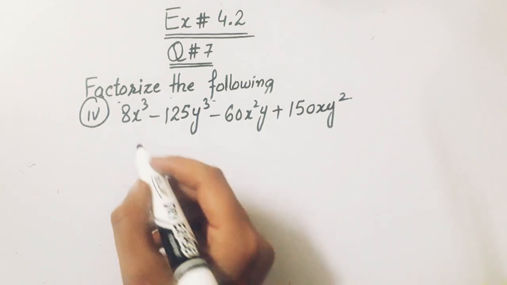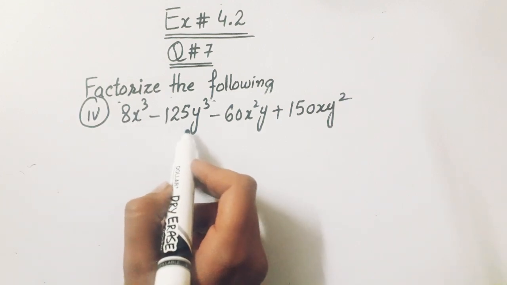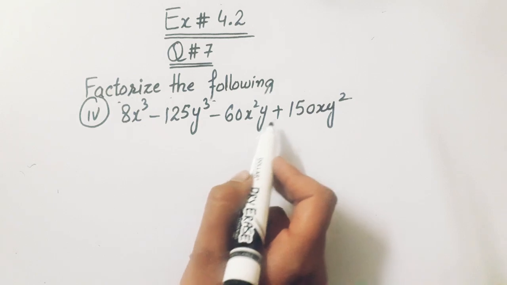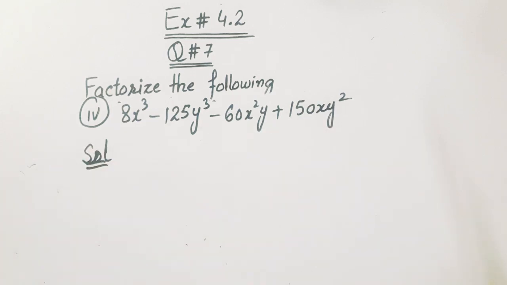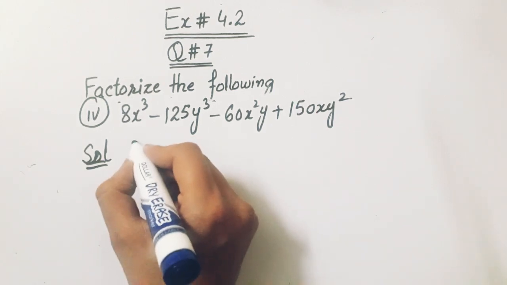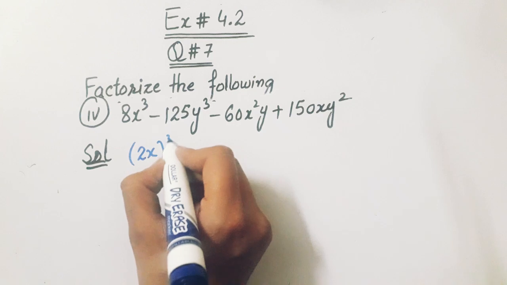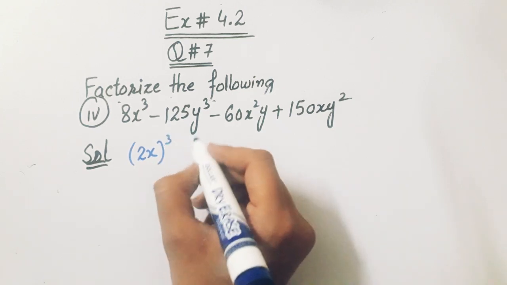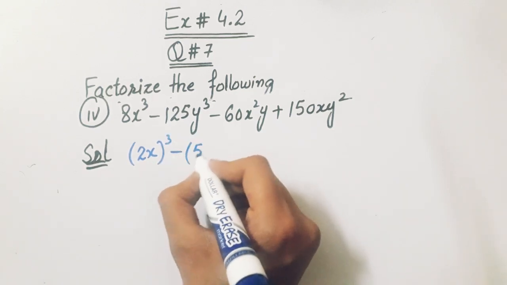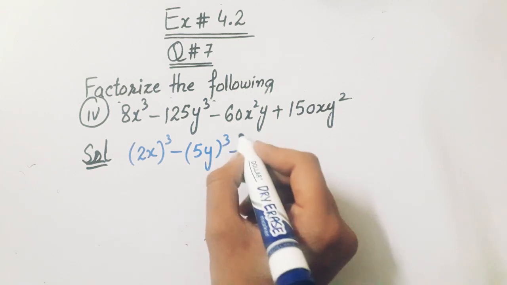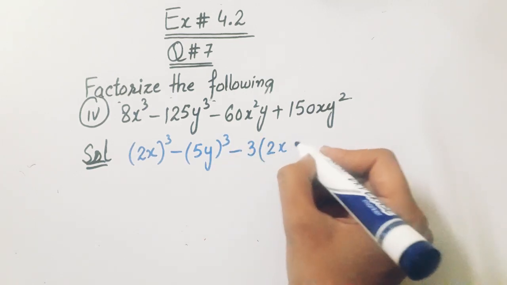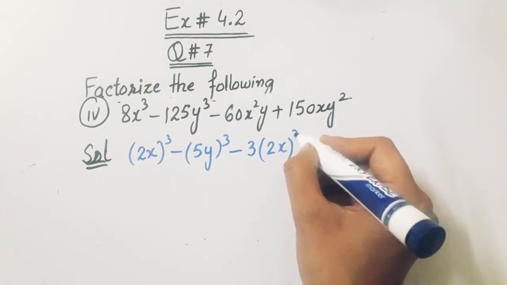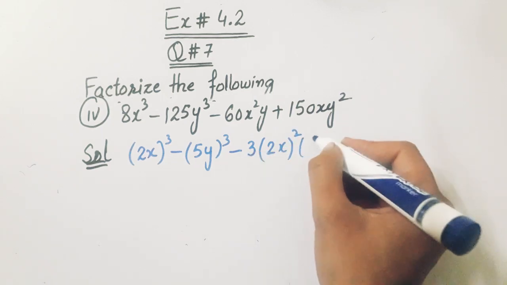Now we have the fourth part: 8x cube minus 125y cube minus 60x square y plus 150xy square. We will solve this question in an easy way. So 8x cube can be written as 2x whole cube and 125y cube can be written as minus 5y whole cube, and minus 3 into 2x square and 5y,